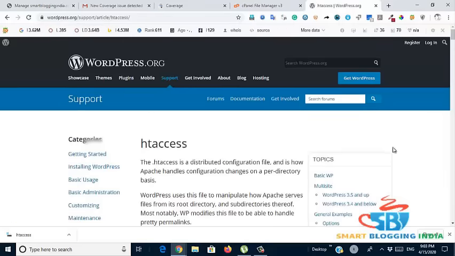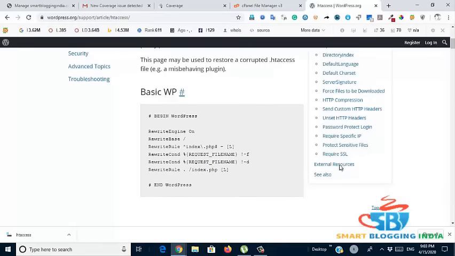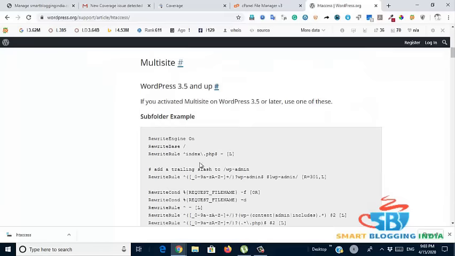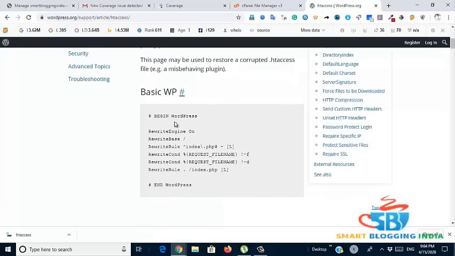Here scroll down and copy this code. For multisite, you can copy this other code, but I think you might have a normal WordPress site, so just copy this code.